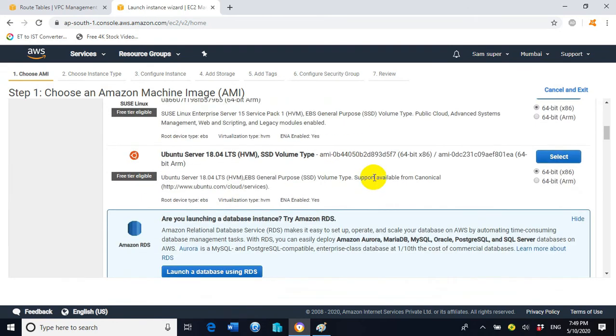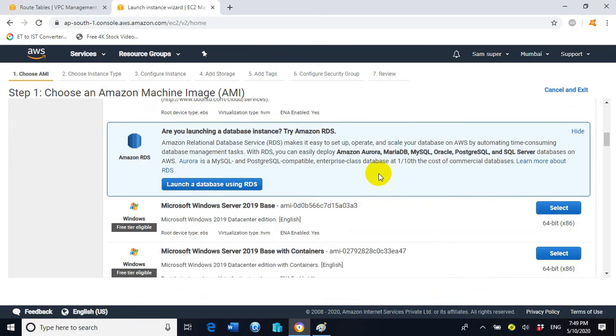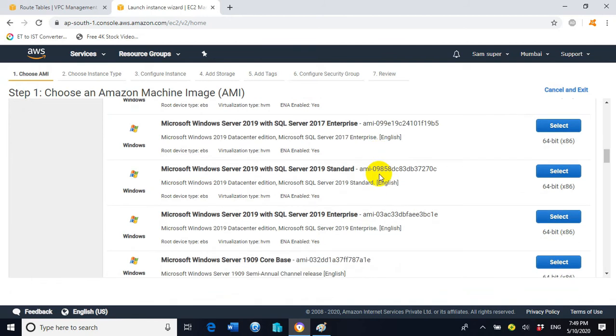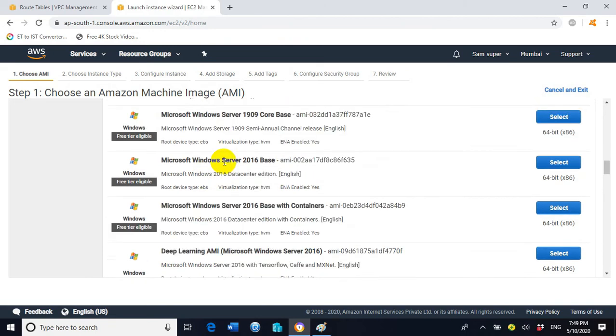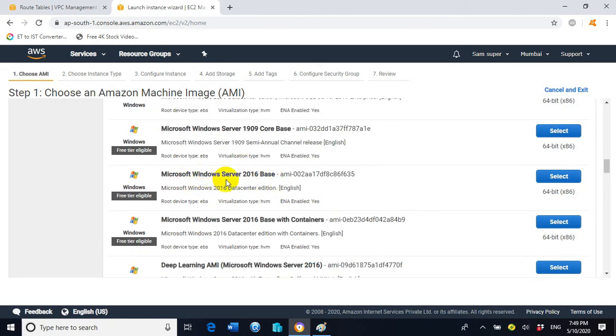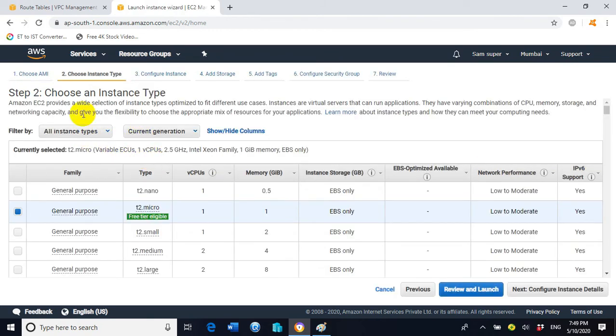Now select the image of the operating system which we will use for creating the EC2 instance for testing purposes. So here we will choose Microsoft Windows Server 2016 Base. Click on select. Now it will show you step number 2.